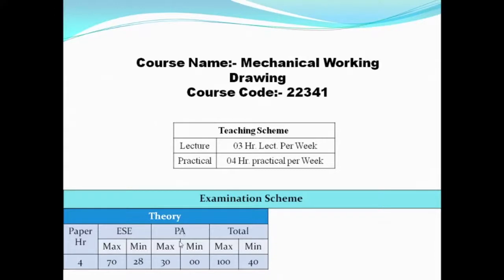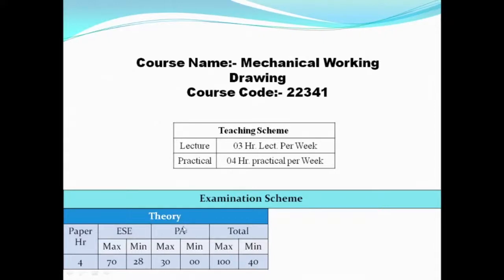The progressive assessment has a maximum mark of 30. This 30 marks is divided into the average mark of 2 class tests, that is class test 1 and class test 2, where the average mark is 20, and 10 marks for the micro project. Hence the total mark for progressive assessment is 30 and the minimum for progressive assessment is 0. But in actual we require a minimum mark of 12 for progressive assessment, because we get 28 marks at the end of the semester, and if we get 12 in the progressive assessment, then 28 plus 12 gives a minimum of 40 marks for this subject. We can easily get 28 plus 12, that is 40 marks.